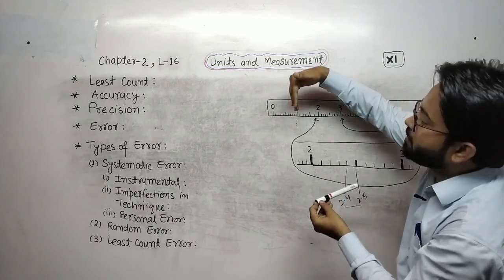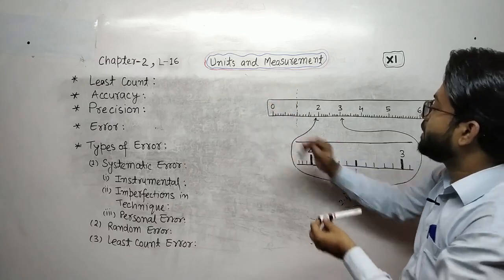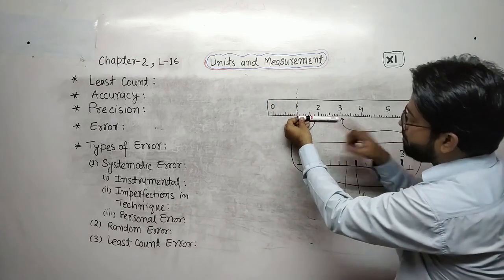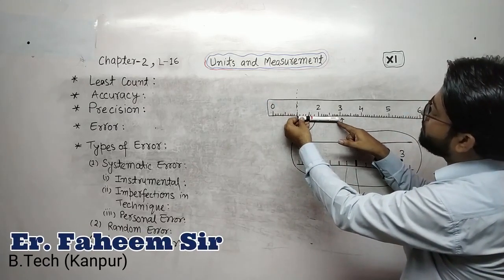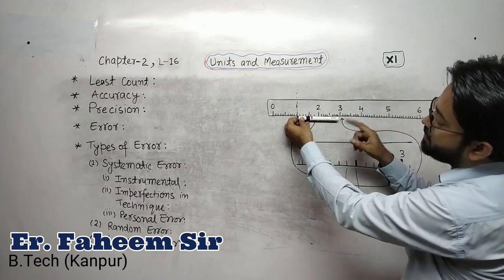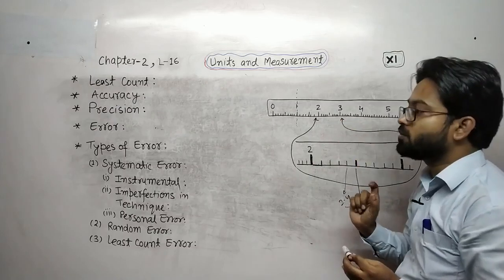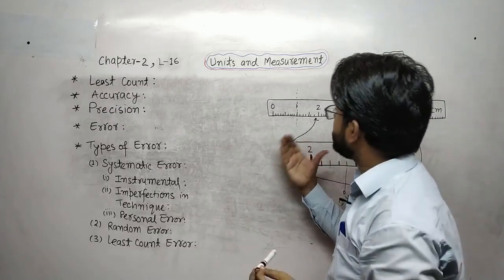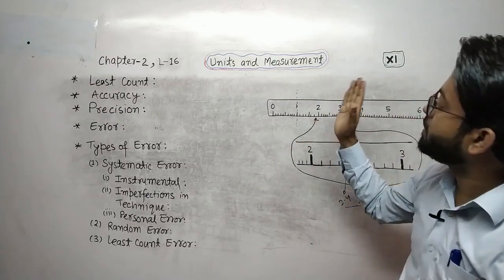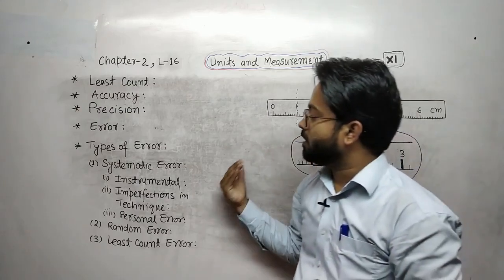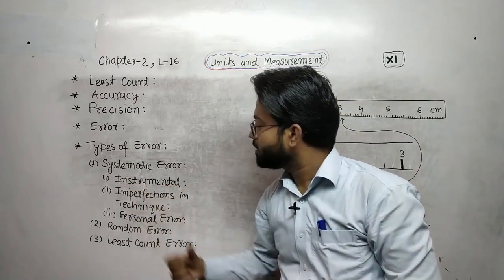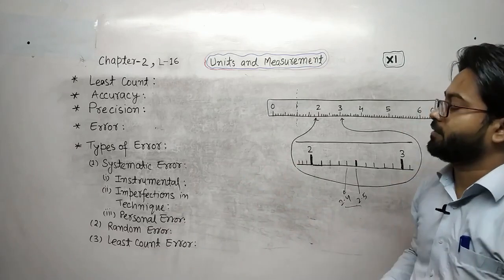But the scale is broken. That's why you measure from 1, and the end point of the marker is at 2.8. The actual measurement of the marker will be 1.8. This type of error, where the scale is broken,